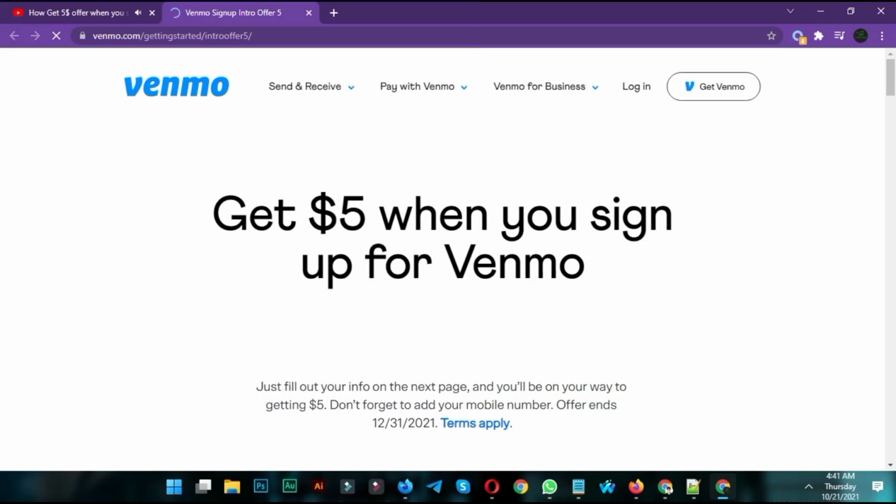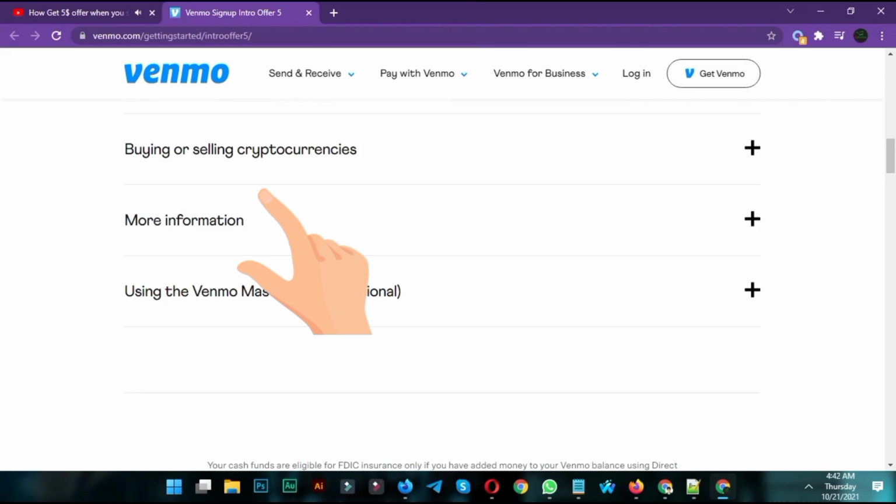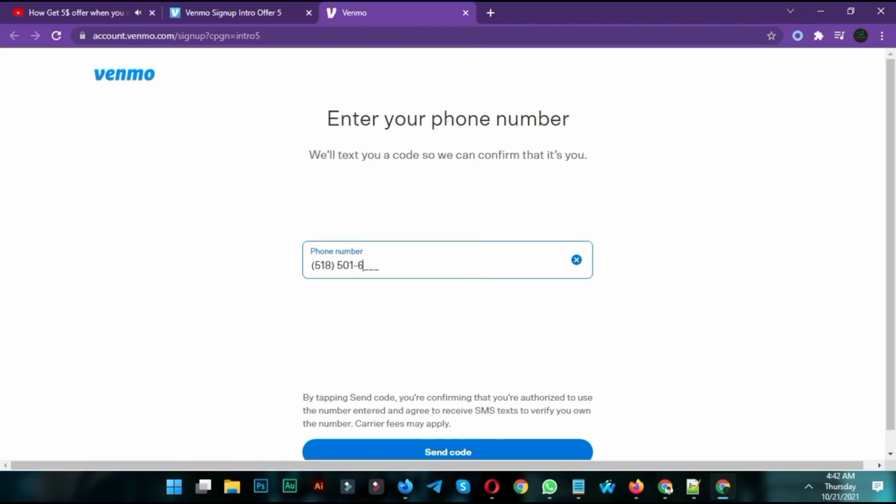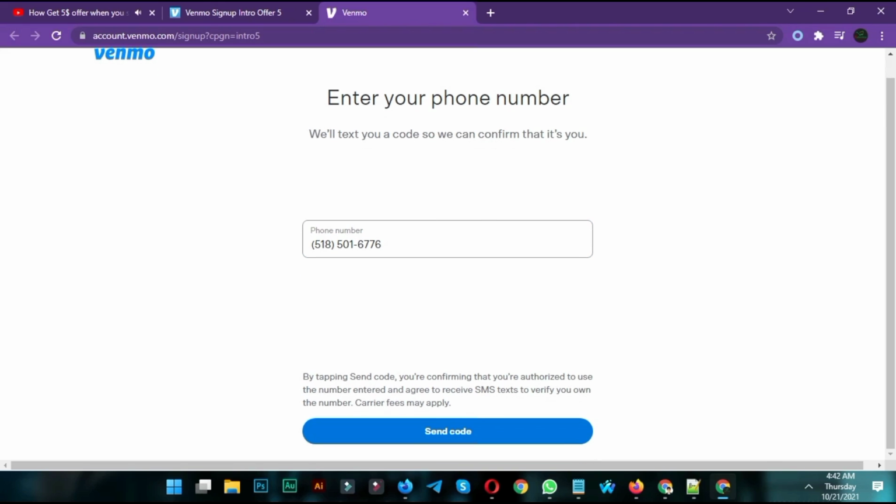It will take some time after loading the description link. Then the interface will open for you. So you have to click on Get Started. Note down the mobile number, because after a while when I discuss the free number, it will be easy for you to understand.